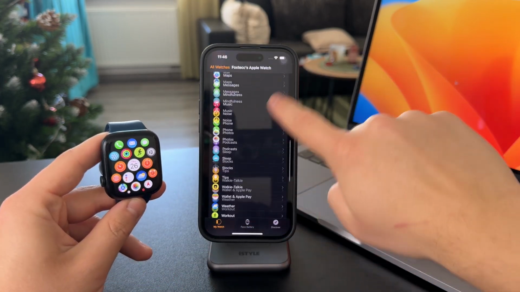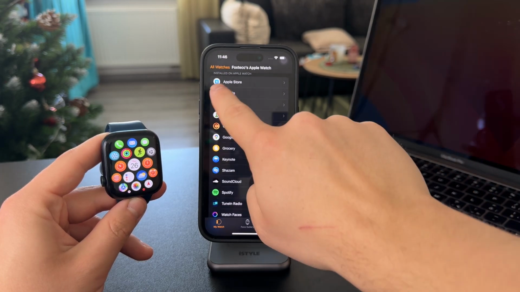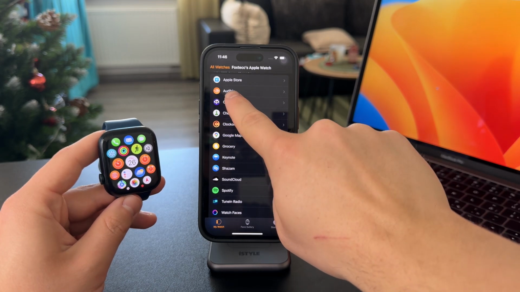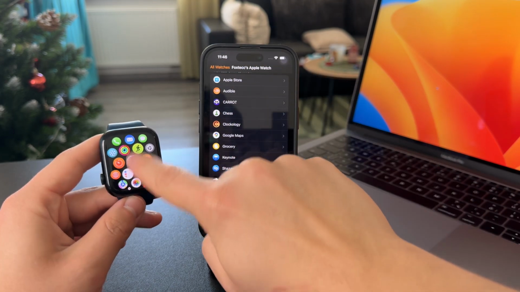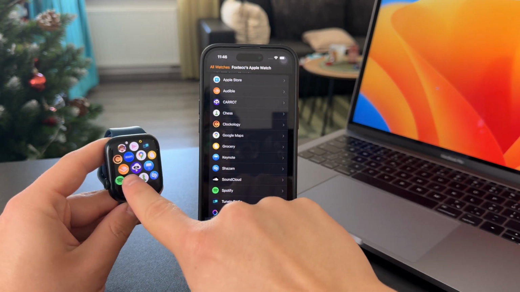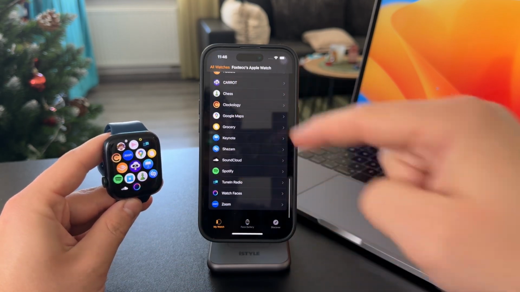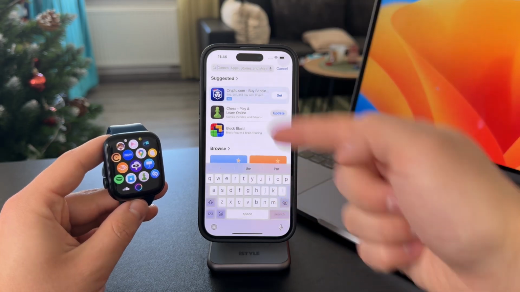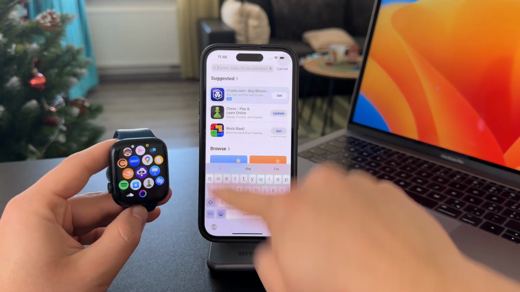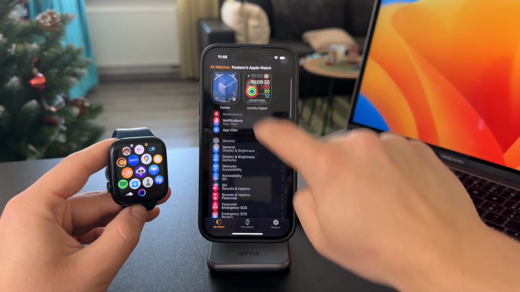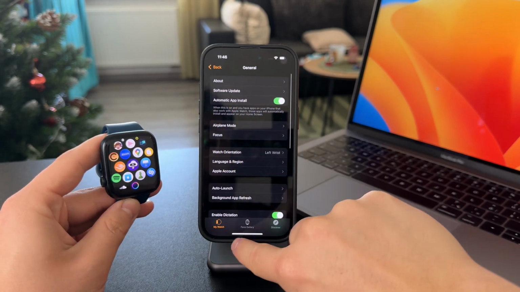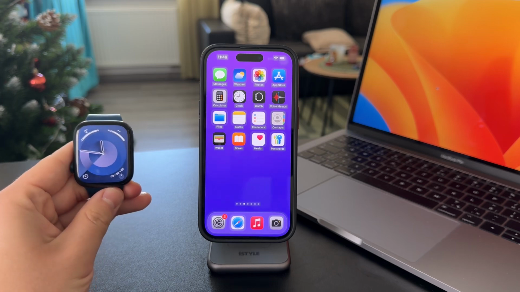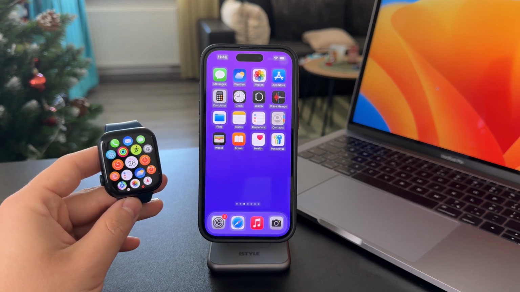So in the main section, when I go down towards the bottom, you can see that these are all of the apps. So I, for example, downloaded Audible on my iPhone, and it also automatically appeared on my Apple Watch right here. The same thing for all of these apps. And right now, if I install a new game and if it supports an Apple Watch app, because I have this setting turned on in the general, it will automatically show up on my Apple Watch, and I don't even have to worry about anything. It's just going to pop up there,